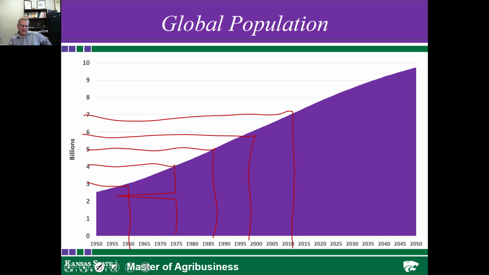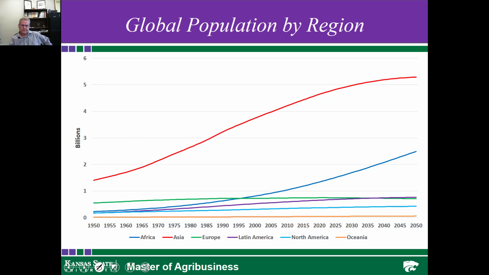One of the things that you see here, and it's not easy to see, but you do see an inflection point. And what that inflection point means is we went from a region where we're increasing at an increasing rate to now we're increasing at a decreasing rate. And so in some respects, certainly that's a little bit of a positive view with regards to the fact that we're beginning to slow down that global population growth. It is still increasing, but it is beginning to increase at a slower rate each year.